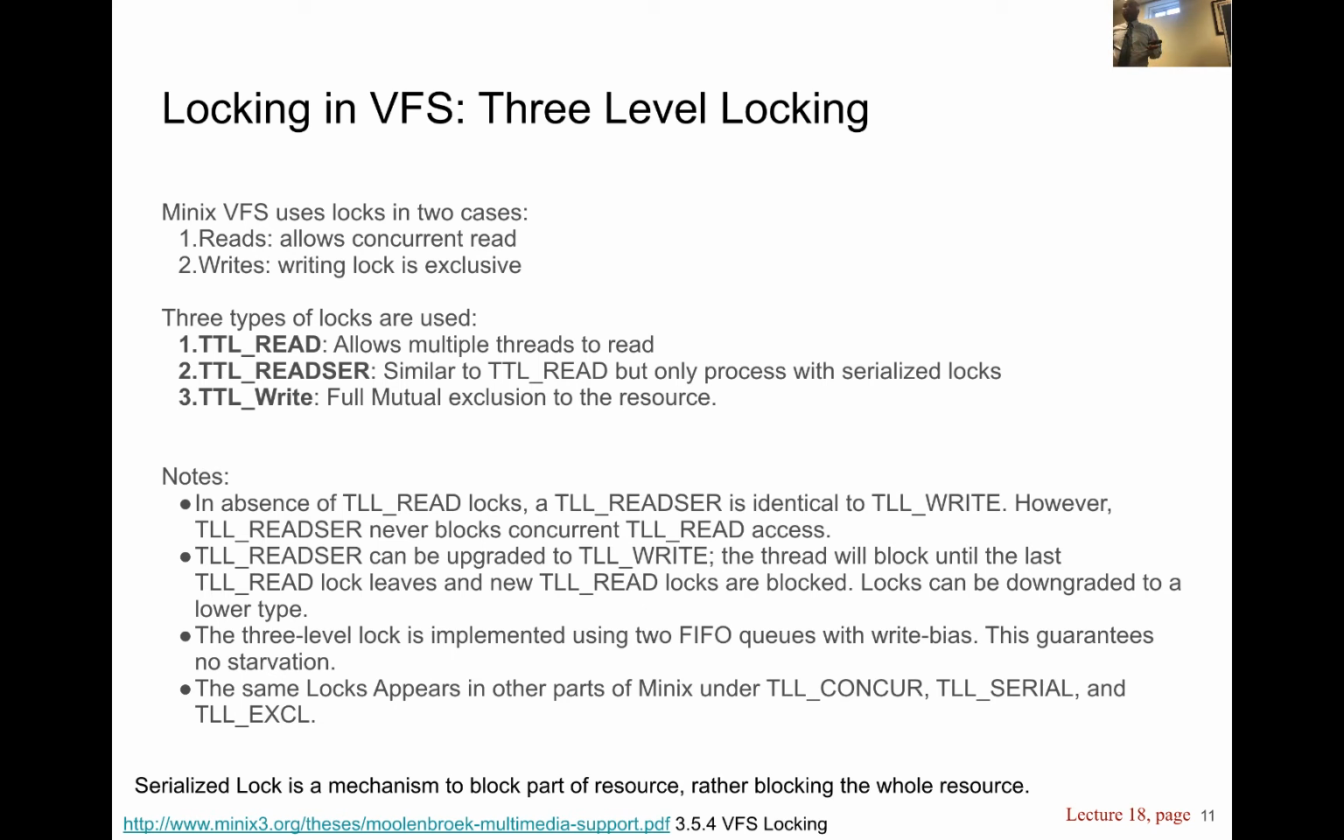So Minix and VFS also support a similar concept, and this allows you to have more concurrency during read but safety during write, where only one writer can write to a data structure. So there are actually three types of locks. There's a TTL read, which is a standard read lock that allows multiple readers to read that object. There's a TTL write, which is a write lock that allows only one writer to hold a lock, no readers